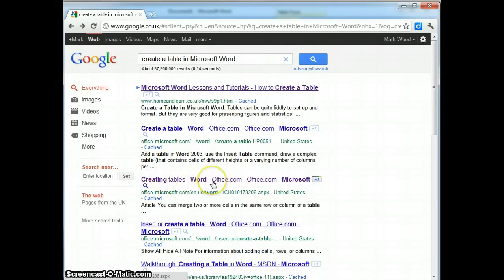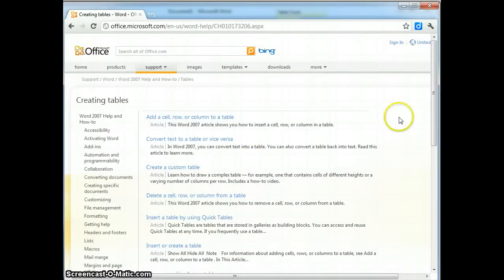This one looks very interesting, and you can see here this one is actually from the Microsoft website. So maybe I should have clicked on that one first because it was going to be a reliable help resource, because it's a Microsoft product that I'm using, and this is from the Microsoft website. Here we go. So what do I want to do? I want to create a custom table. So if I click on that,